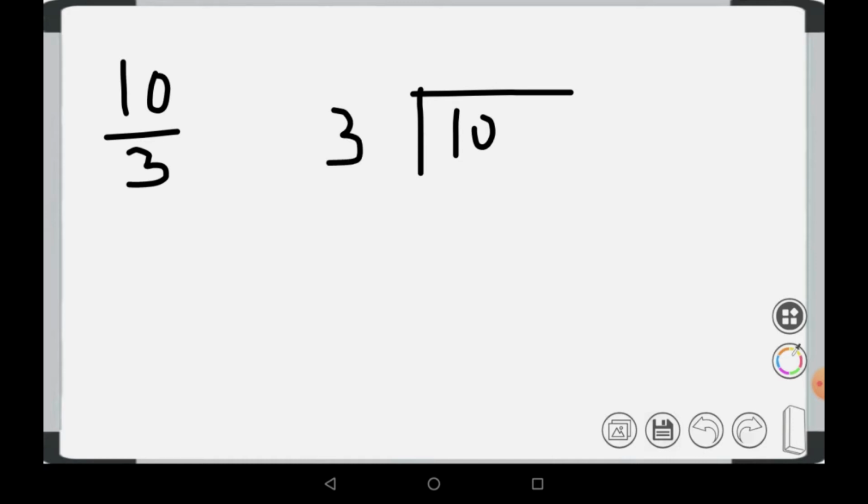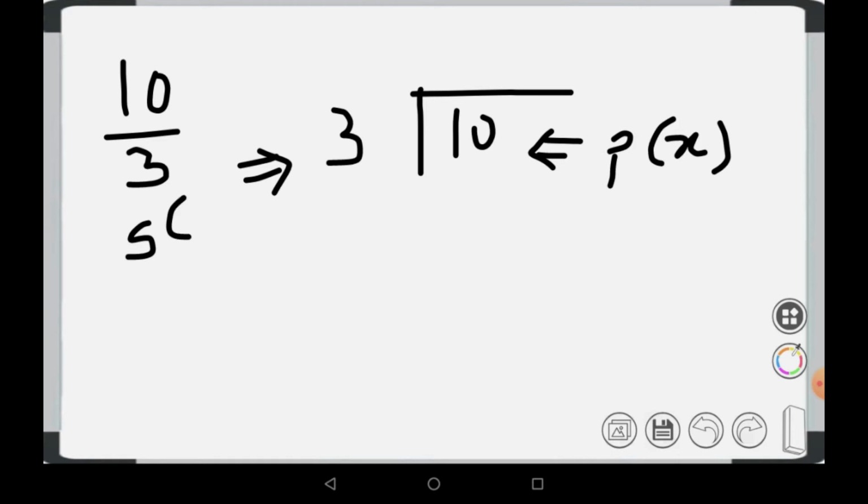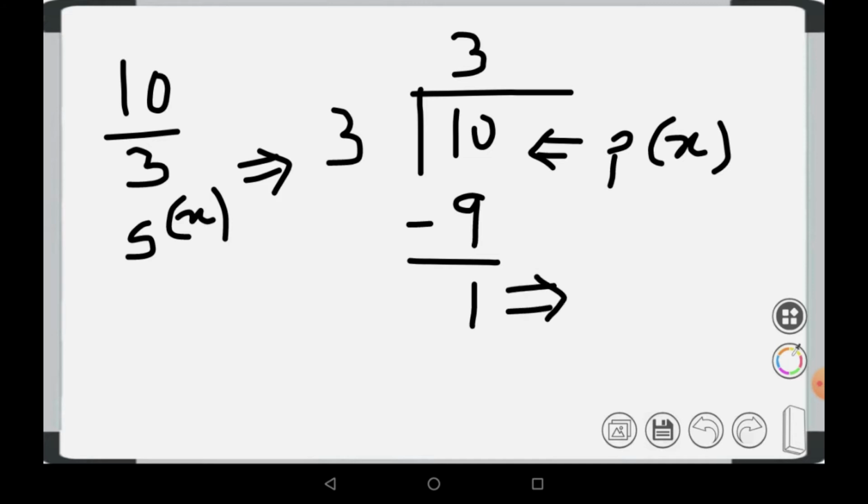In this, 10 is known as the dividend. In polynomials it is generally represented by p of x, whereas 3, which is dividing 10, is known as a divisor, which is represented by s of x. Now if we divide, 3 into 3 gives 9, then subtract the values. 10 minus 9 would be 1. This is known as the remainder, represented by r of x, and this is known as the quotient, represented by